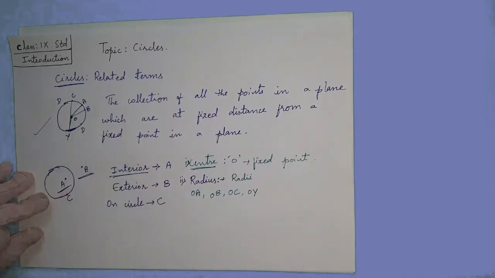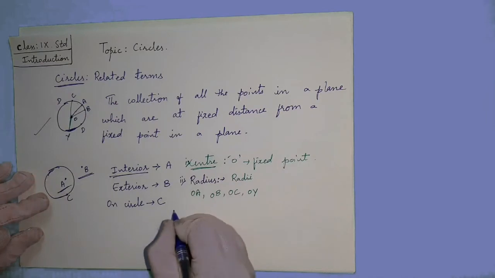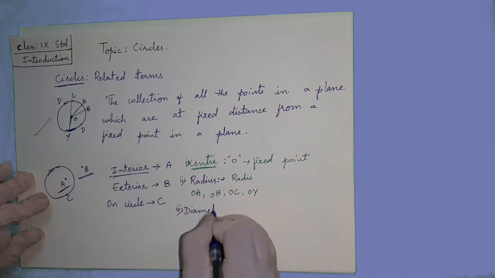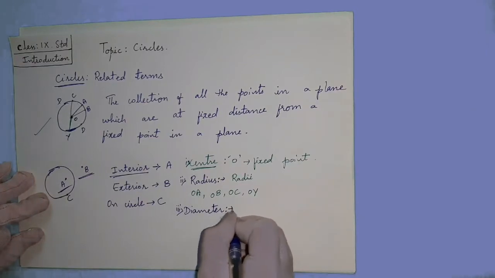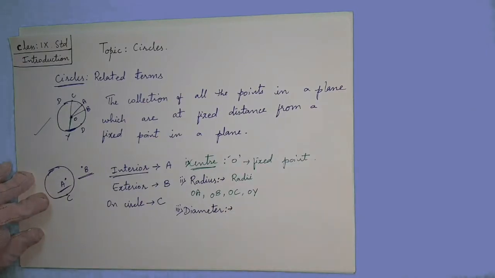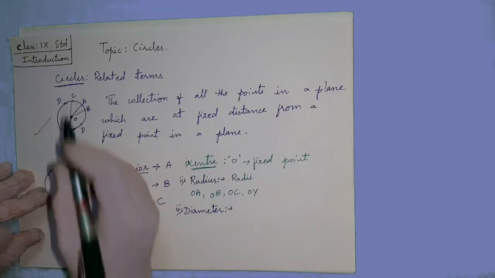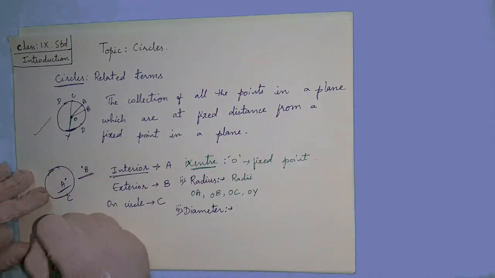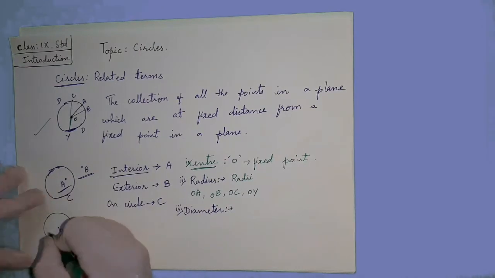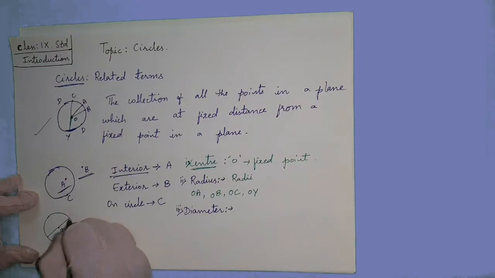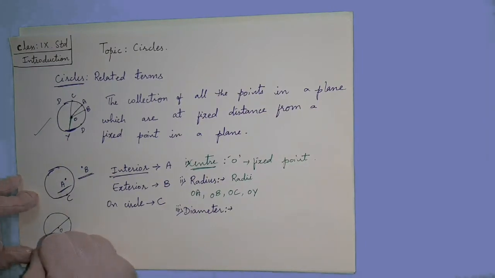Now after radius, the next point you are having, third point, diameter. What do you mean by the diameter here? Diameter is nothing but the line segment which is passing through the circle and passing through the center and joining any 2 points. If I am having the circle here, and that is your center point O. From O, if you are joining any line which is joining to the 2 points on the circle,